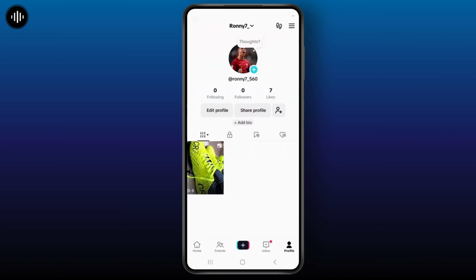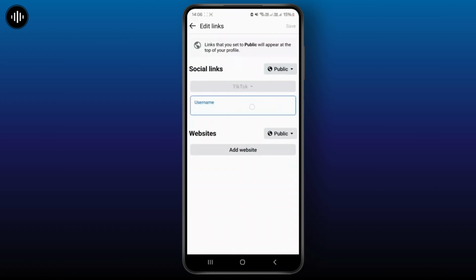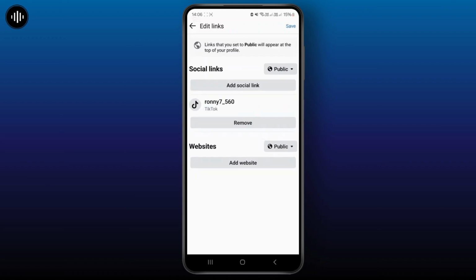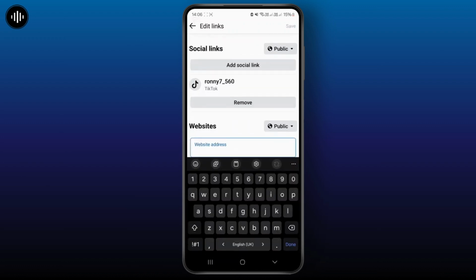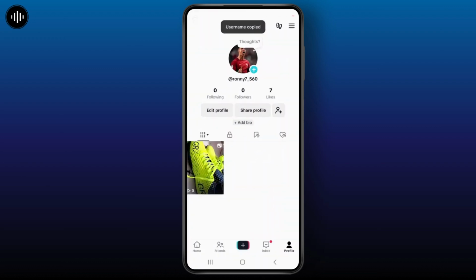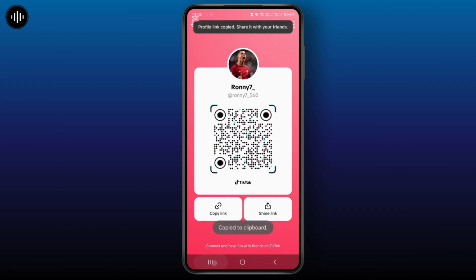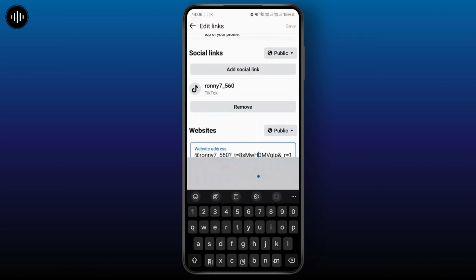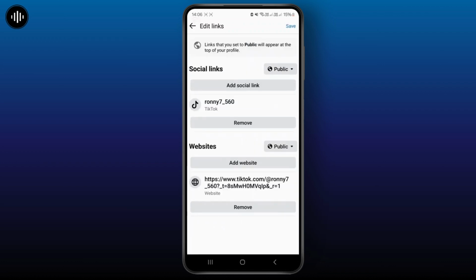You can simply copy the username from here, and again head back to your Facebook and simply paste in the username here, and you can simply add a website as well. That is the link you copied previously from here, like this. And once you click on the add button here, simply click on done, and once you click on done, simply save it from here